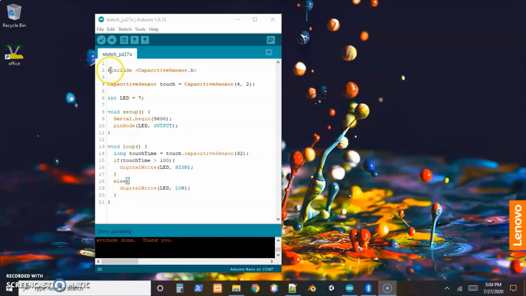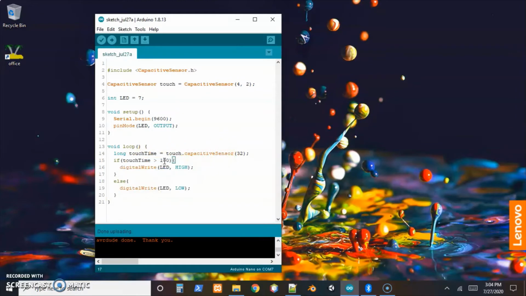And now the modifications to the code. So these 2 lines are still the same. Just set up, ask for the library, and then set up an instance of the object. Then I added a pin that the LED is connected to and set that to an output. Then down here, instead of printing out the value that the capacitive sensor object gives me, I'm just going to,